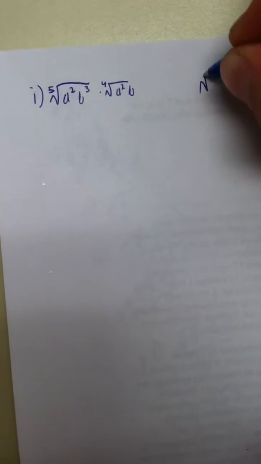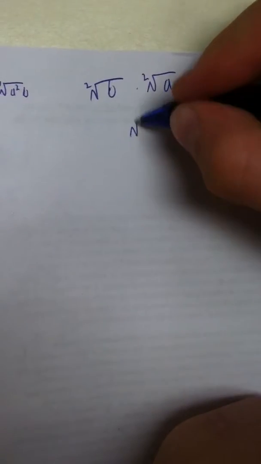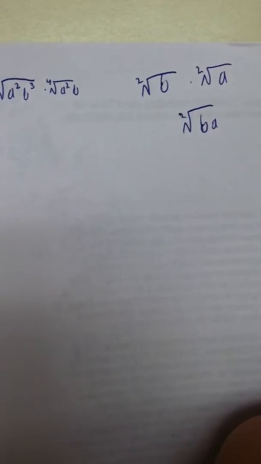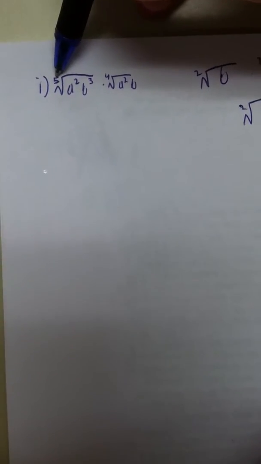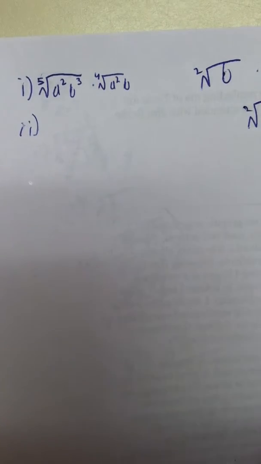So, if this were a radical expression like this, they have the same index of 2. So you could have just combined them to be BA. But since this has an index of 5 and this has an index of 4, it is not possible to do that. So the second step that we're going to do is convert this into exponential